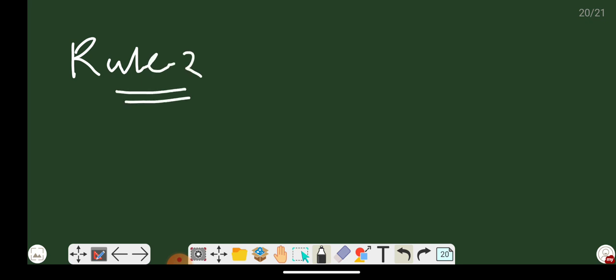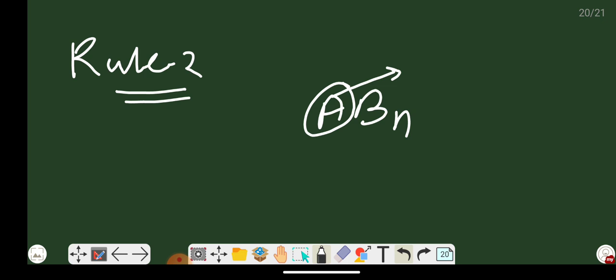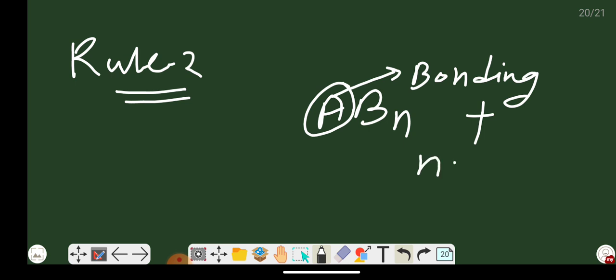Now we are going to discuss the second point of VSEPR theory, rule second. In the previous video we discussed rule first. Now rule second: suppose we have an AB_n type of molecule, where A is the central atom. If the central atom is surrounded by bonding as well as non-bonding electron pairs,